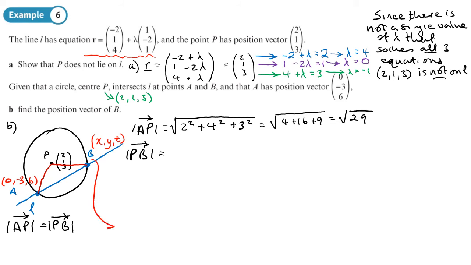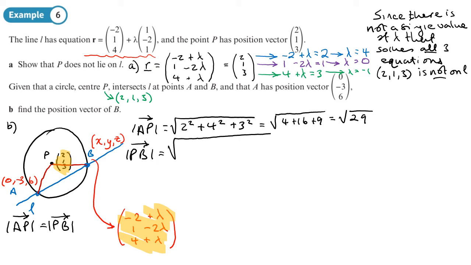It's on the line, so we can write it using the equation, because any point on this line, its coordinate follows this pattern. So negative 2 plus lambda, 1 minus 2 lambda, 4 plus lambda. So let's work out the difference between this coordinate and this one, and that will give us the length of PB. So the difference between the X coordinates, this time we can't do it a quick way, we just need to do a subtraction,